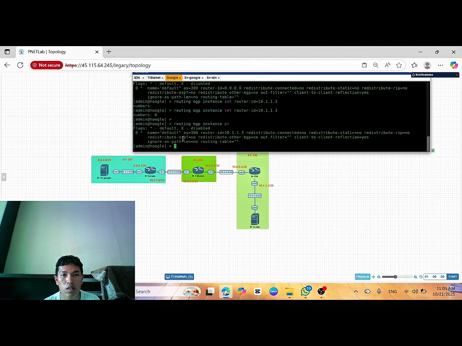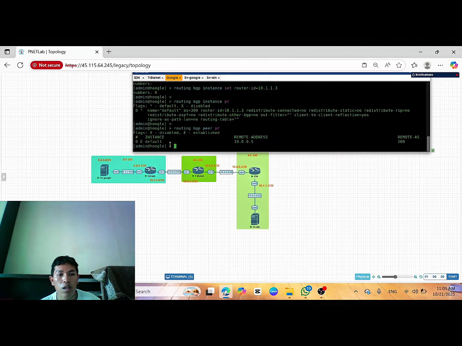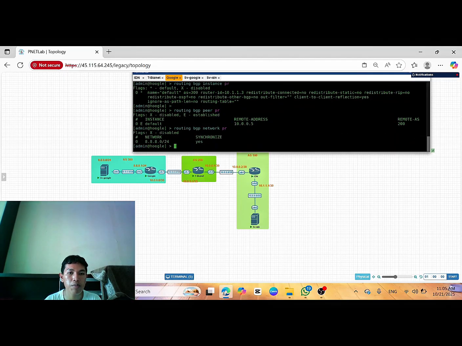Already have. Routing BGP peer print, you can see. And the flag is A or established. As you can see, we succeeded in configuring this. Routing BGP network print.